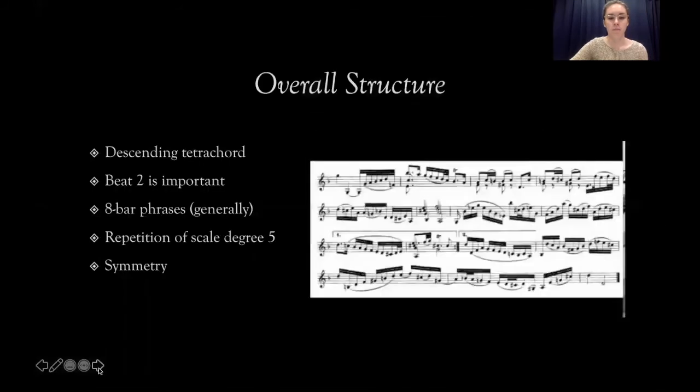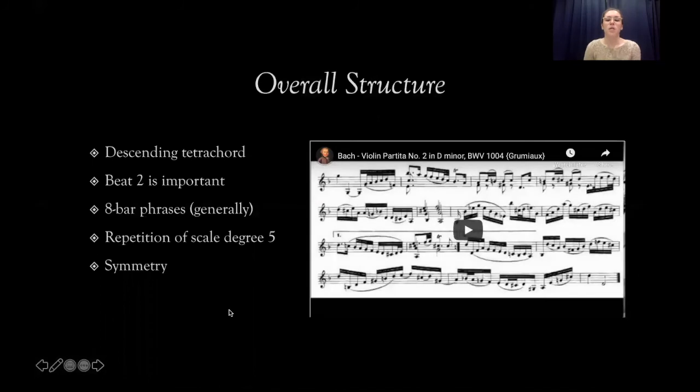All right. So we've talked about a lot of the complexity of this work with all of the different variation techniques that Bach chooses to use. But let's also talk about what makes this piece simple, or at least ties it all together. We've already talked about the descending tetrachord and how this repeats throughout every 4 bars, giving us a sense of cohesiveness. But there are also some other aspects in which Bach ties together this whole work.